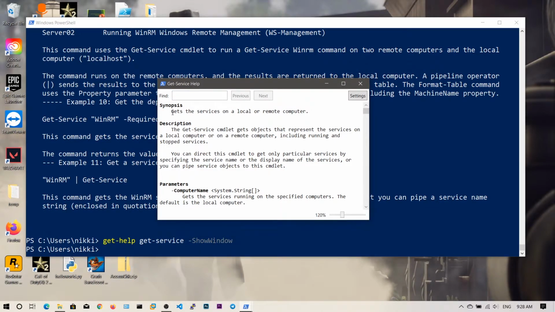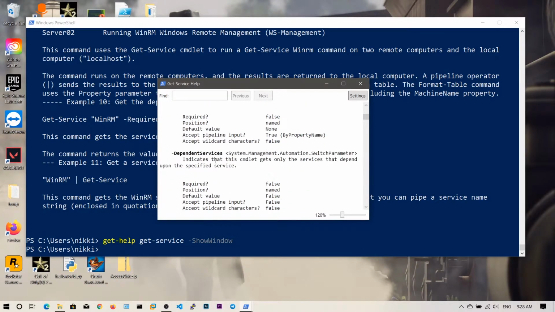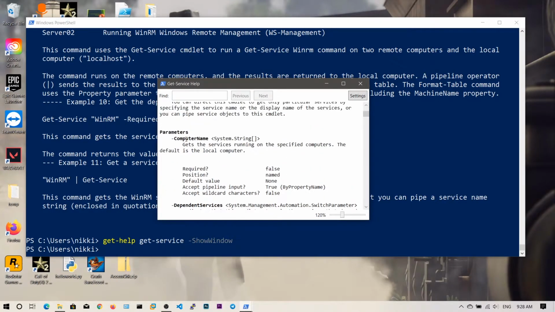You can find A to Z about the Get-Service command. You can see the synopsis here and the description here and the parameters, and you can see the parameter descriptions have also been mentioned.